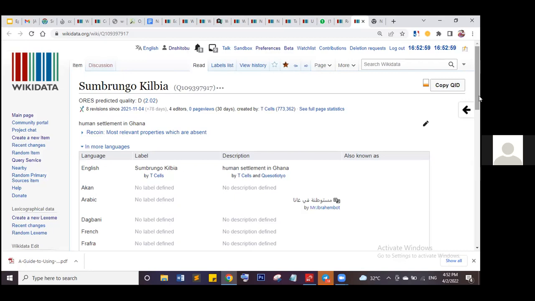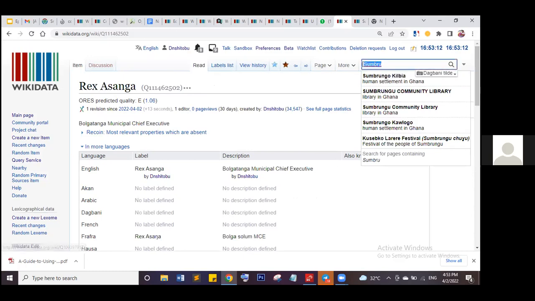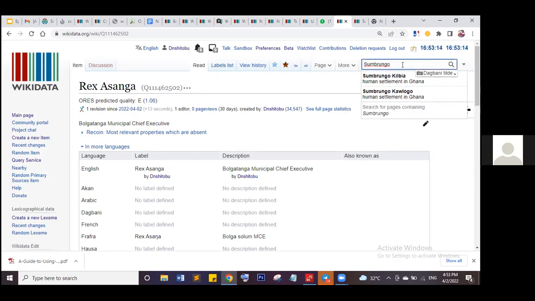So I think if it is there, then let's leave it. We don't have to touch this. But let me just copy the Sombrungu so that we go ahead to create this. To create an item, like I said, you search it here. If you search it here,